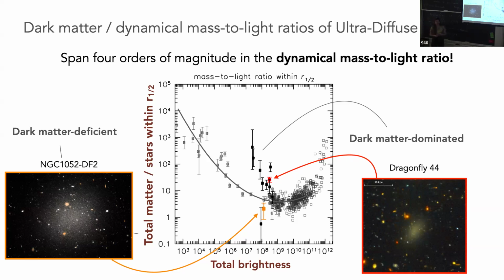What exactly is the y-axis? This is the dynamical mass to light ratio. So all of the matter over the stars, or just the baryonic matter. Shouldn't it always be greater than 1, or is it defined in some strange way? Like all the matter is always more than just the stars. Is that mass over light, or is it mass over mass? It's mass over mass. But they're measurements. You're dividing two noisy measurements. Why isn't it always above 1?